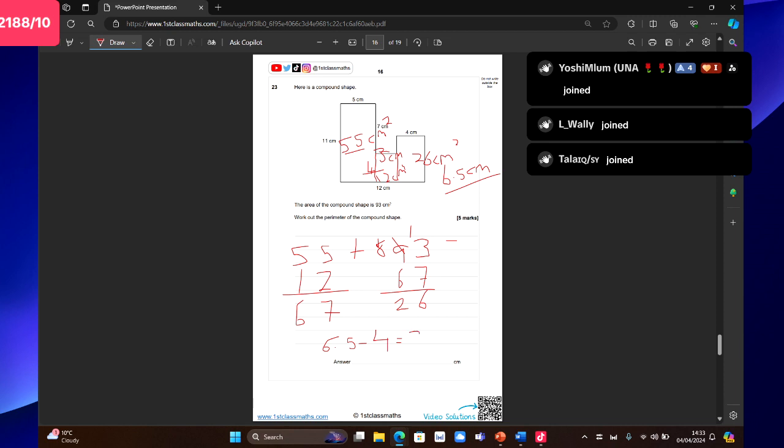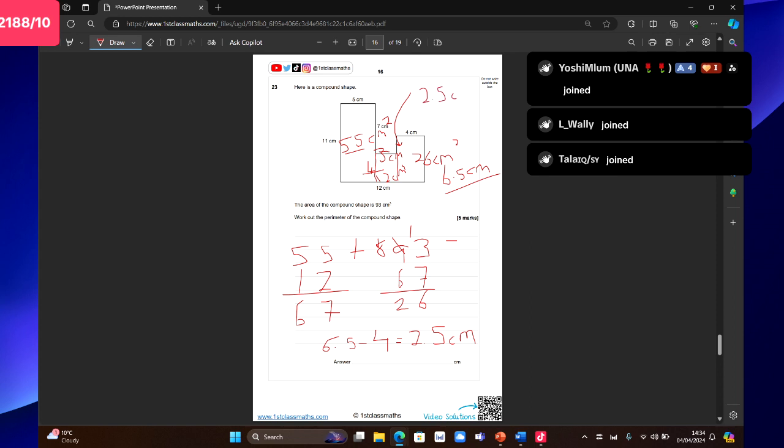Hello, Tyler, welcome, welcome. So 6.5 take away 4 is equal to 2.5. And now I can work out the perimeter of my compound shape. So we got there in the end, guys. It's quite a meaty question. So this part here is equal to 2.5